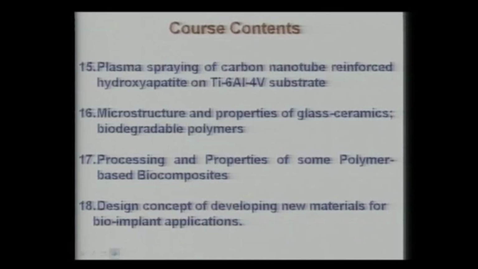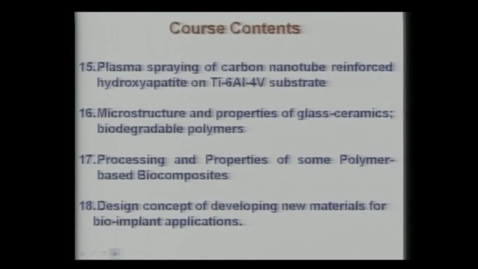Mostly materials aspect means how these glass ceramics are prepared by conventional heat treatment as well as spark plasma sintering, and how their properties will vary depending on what is the content of the crystalline ceramic phase in this glass matrix. Now, coming to the next material class that will be dealt in these lectures are the polymer based biocomposites